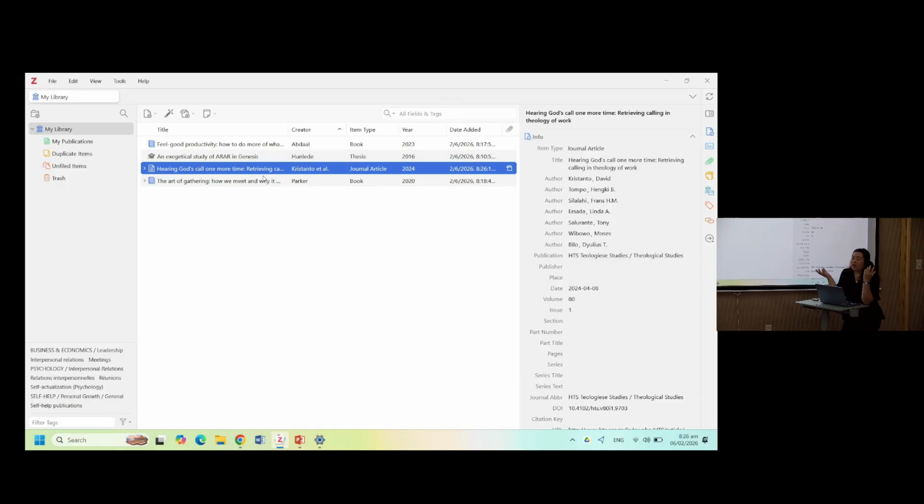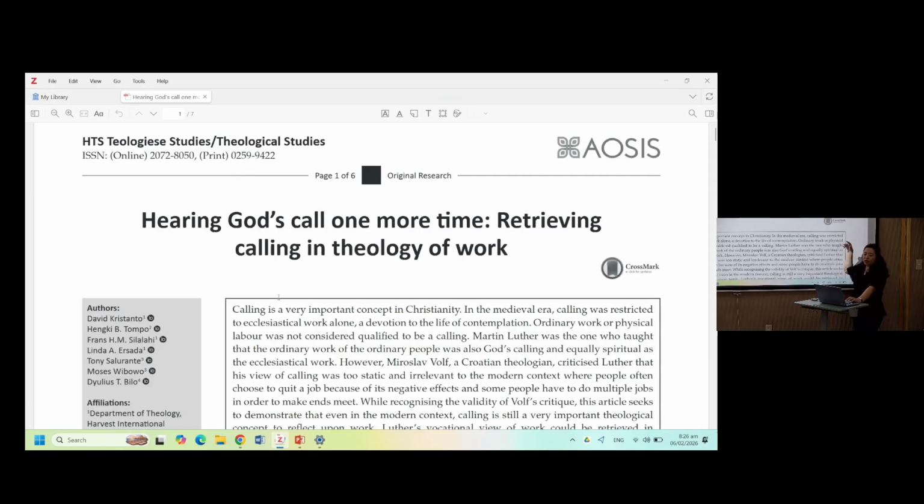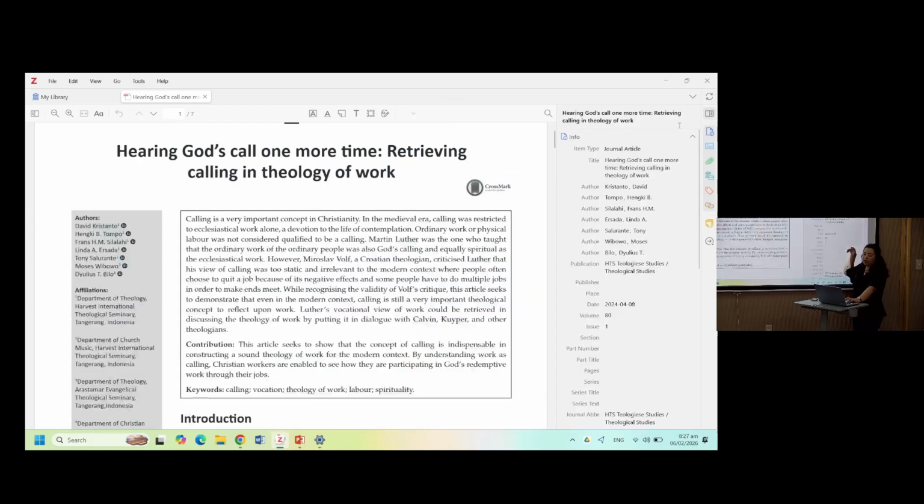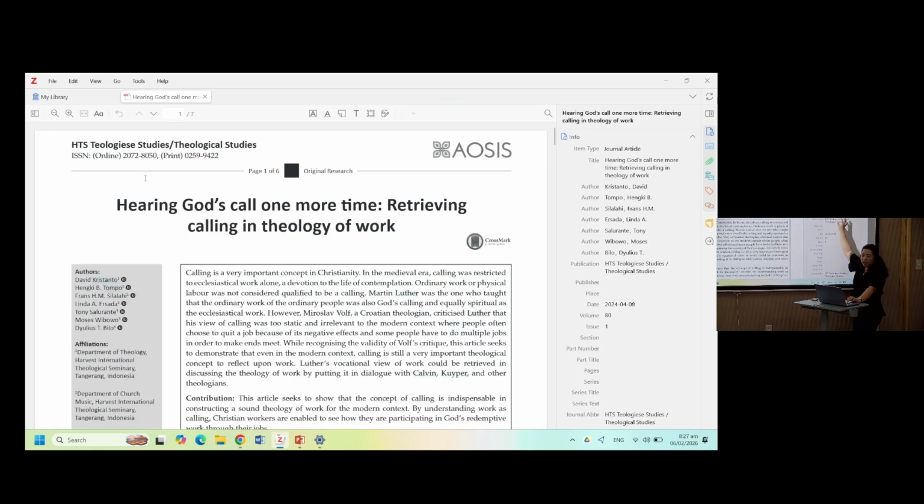Metadata is like back-end detailed information of a file. For this case, it has a lot of authors, and the only part for the user is to double check if all of this information is accurate. We have the list of authors, the title, the publication, the date, the place, the volume.